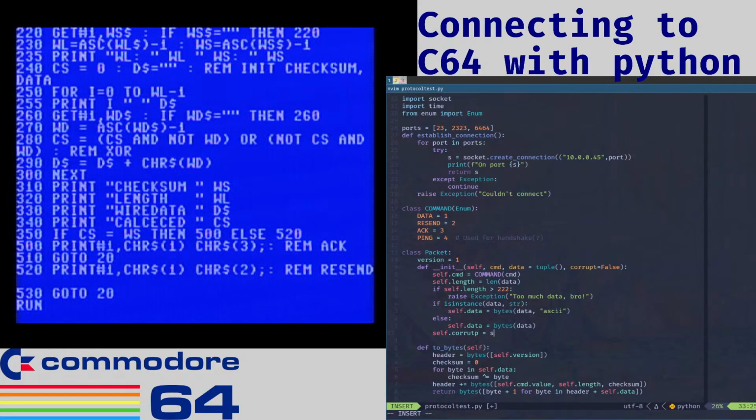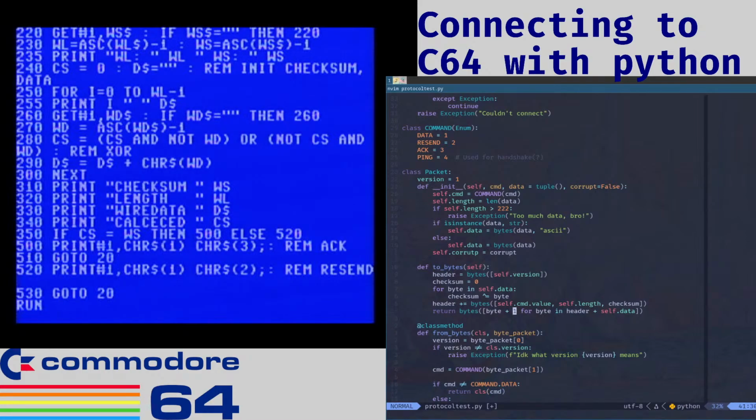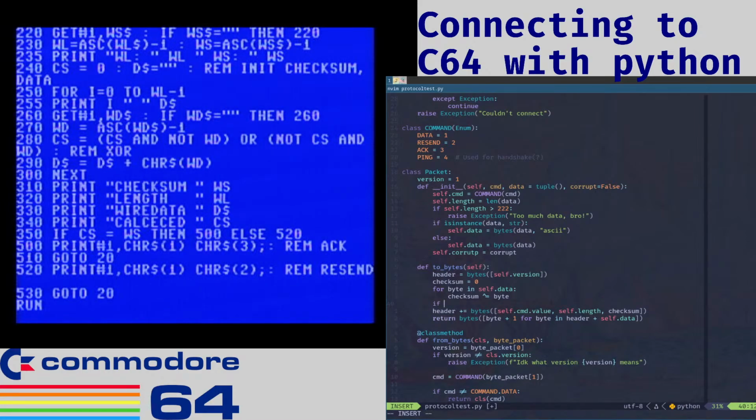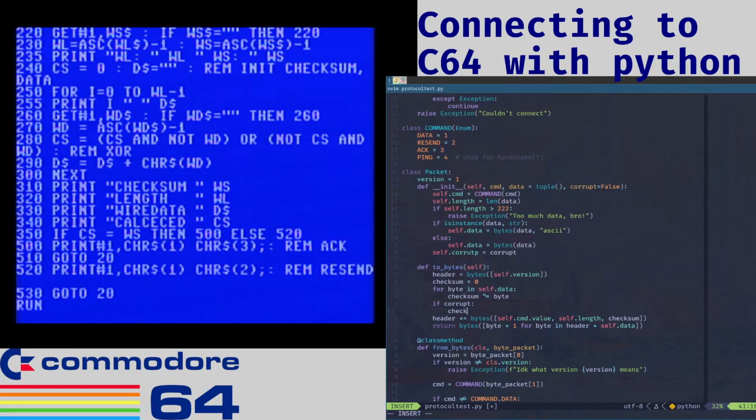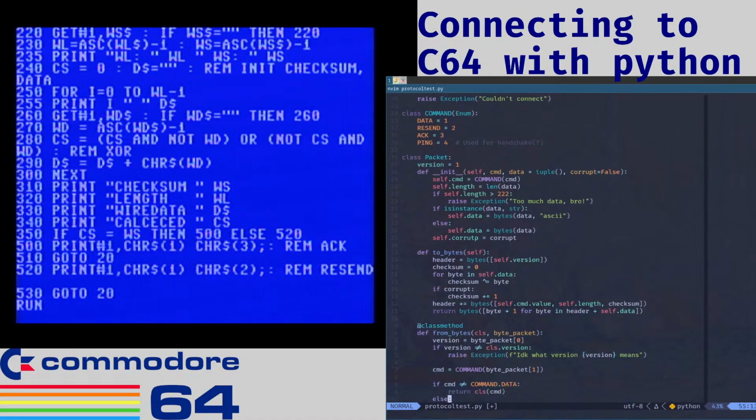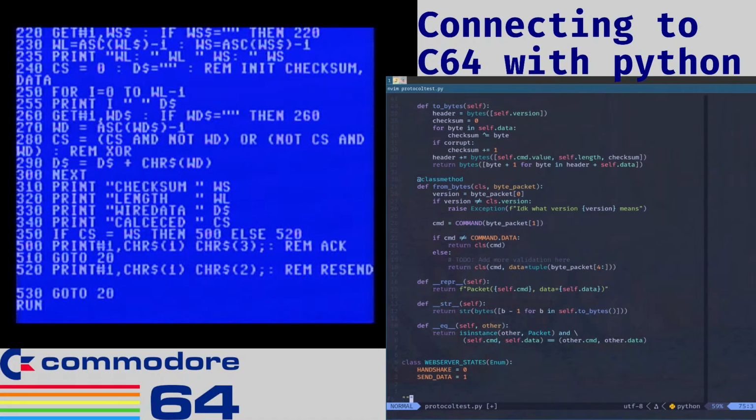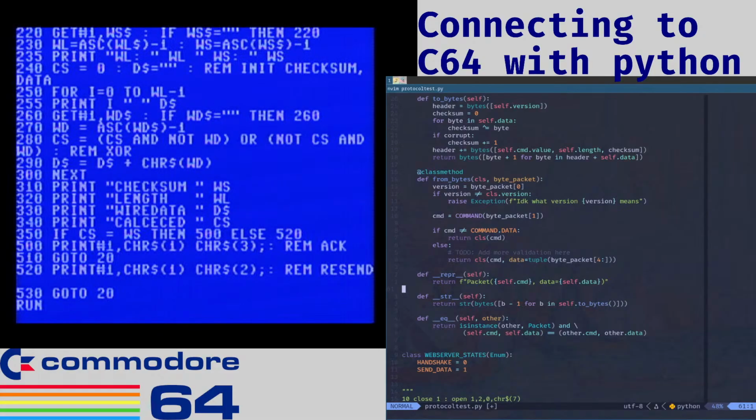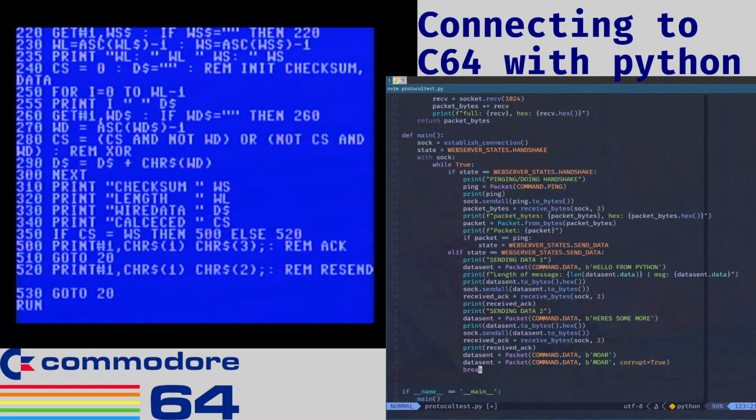Self.corrupt equals corrupt. And then here in 2 bytes, what we want to do is say if corrupt, then checksum plus equals 1. Yeah, we'll just add 1 to the checksum, which should corrupt any checksum, right? It'll always send a bad packet. It'll become a bad packet. So here we can go down. Data sent corrupt equals true, and then send,